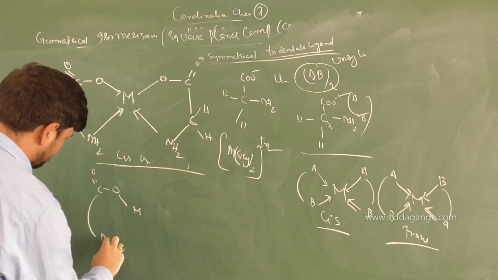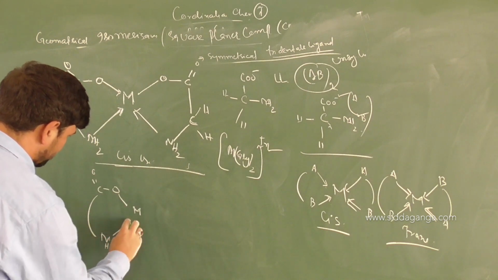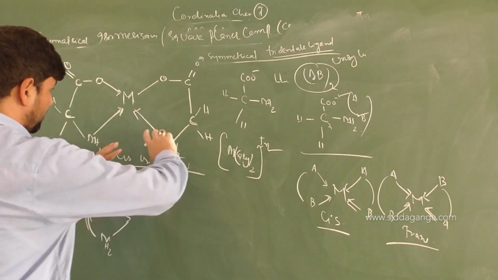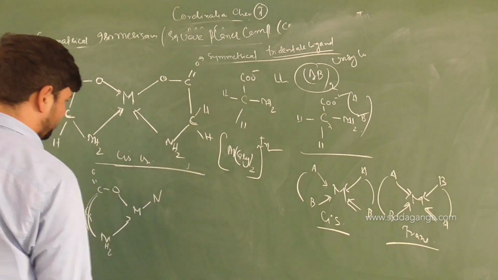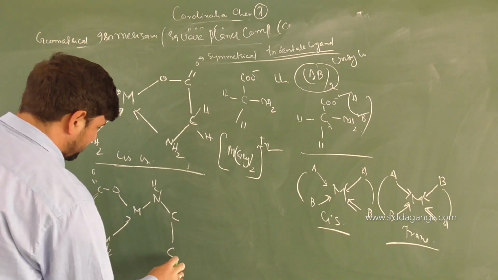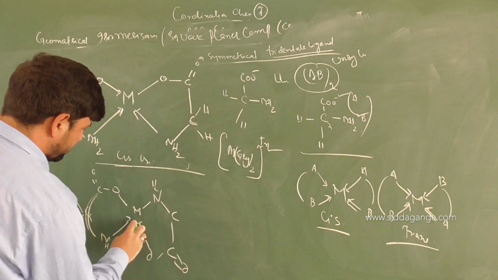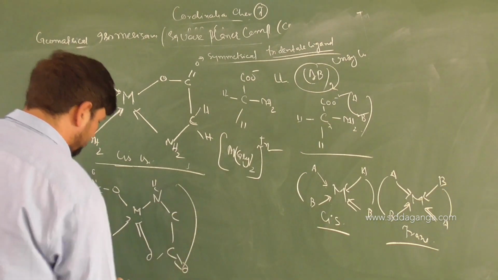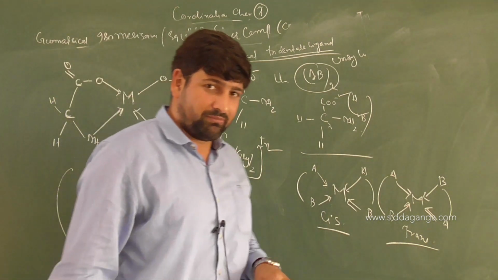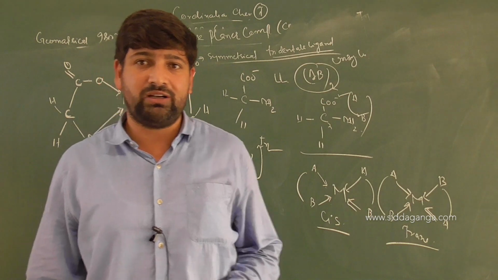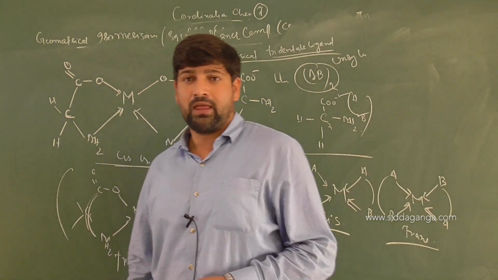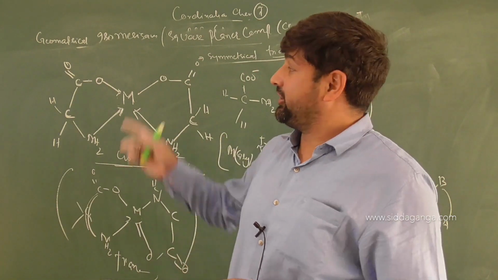Then the chain continues NH2 here. So when I continue the chain, it means there is C alpha here attached to two hydrogens. With 180-degree rotation, it will be nitrogen here now. So it is NH2 now, which is linked to C, which has C double bond O. Then you have O, which is donating electrons to the metal atom itself. Which conformation will this be? This will be trans. So children, in MAA type of complexes, there is no possibility of what isomerism? Pass. No possibility of what isomerism? AA2 type, no possibility of geometrical isomerism.